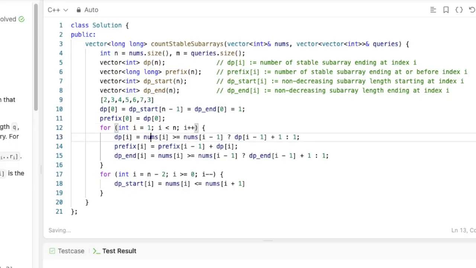Let me delete this first. Okay. So we just need to know if the current element is smaller or equal to the +1 element. If it is the case, then we can do dp start I +1 because we consider the current element now. Otherwise, we'll only consider the current element. And yeah, after the dp